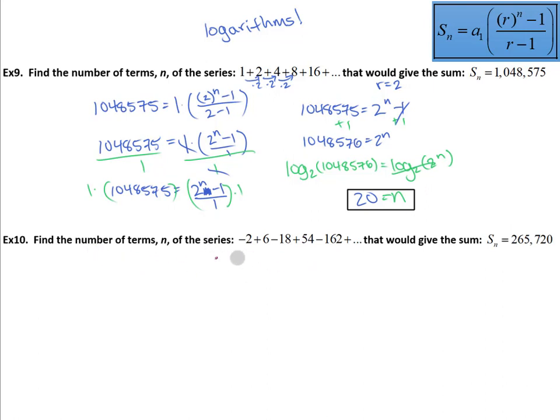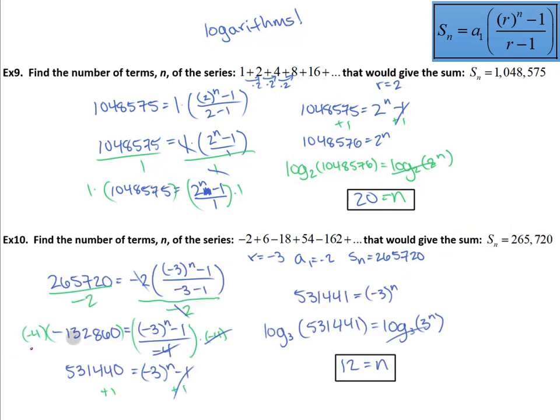Okay, in our next one here, it's very similar. I would say maybe try this one out. Your common ratio here is actually -3. They're multiplying by -3 to get this alternating series. Your first term is -2, and here is your summation, and you need to solve for n. So this would be a good one to pause and try out, and after you unpause, I'll have the answer up. All right, well, this one's definitely a little trickier than the previous problem,